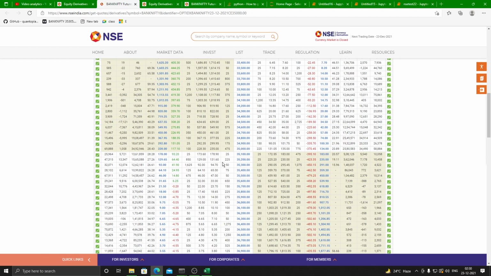I try to create charts for each of these strike prices for both put OI versus call OI. I also create the PCR for each of the strike prices, try to map them again, so I can visualize how the market, or each strike price, is performing.